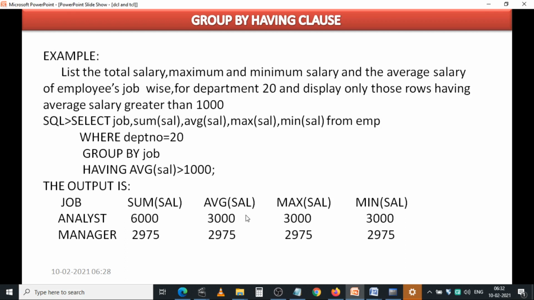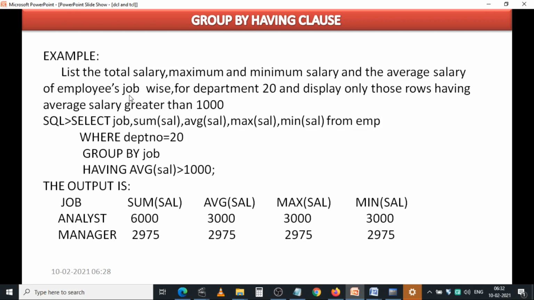Just see another example. List the total salary, maximum and minimum salary and average salary of each job for department 20, and display only those rows having average salary greater than 1,000. Select job, sum of sal.